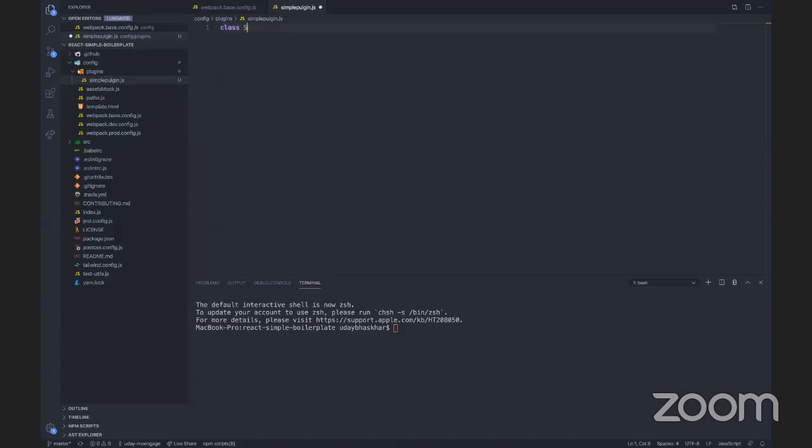So for that, I would need a class, SimpleWebpackPlugin. Whenever Webpack loads this, it calls apply. Apply gives you the compiler instance. And let module.exports equal SimpleWebpackPlugin.